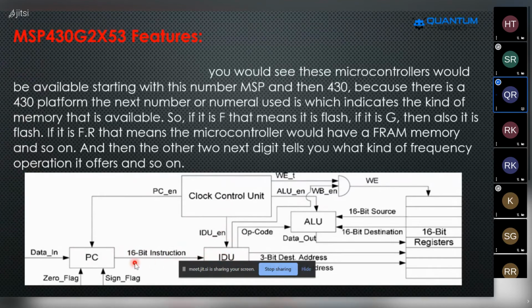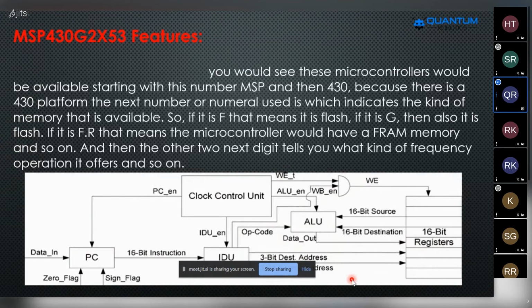From here, the data, and from here, the instructions are going to be added, and this IDU has been connected with the particular gates, WB enable and ALU enable, WE. The ALU has been subdivided and interconnected with the IDU, opcode, and the data code, and the data output will be released from the 16-bit register, and 3-bit destination address, and the data address bus will go to the 16-bit register.